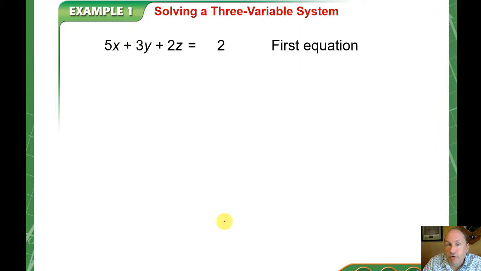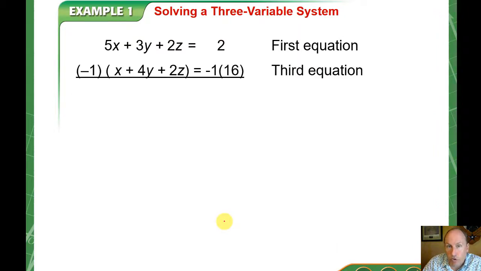So now we're going to take the first equation and the third equation. Now, you could have also taken the second equation and the third equation. And we're going to multiply the third equation by -1. In doing so, that will also eliminate the z. So when we take -1 and distribute it to all three of those terms on the left, and -1 to the term on the right,